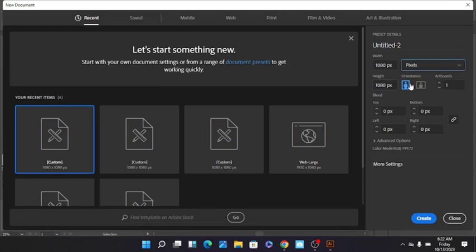Now page orientation, you want to go for either portrait or landscape, but in this case we're using a square, and it doesn't matter what orientation you use, a square is a square. But if it were a rectangle, one side has to be longer than the other. Either the width is longer than the height, or the height is longer than the width. As you can see, this whole screen right here, my laptop screen, is a perfect rectangle. But if you notice, the width of my laptop, from here to here, is longer than the height, which makes it a